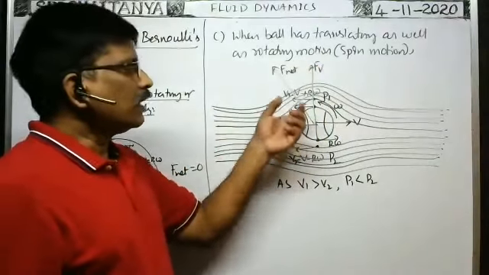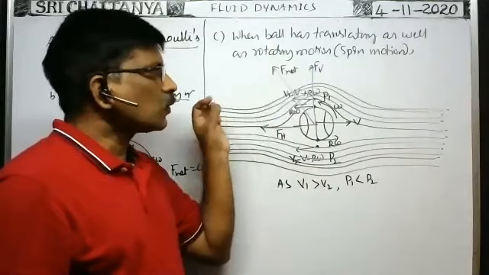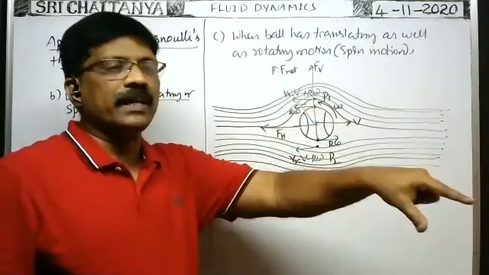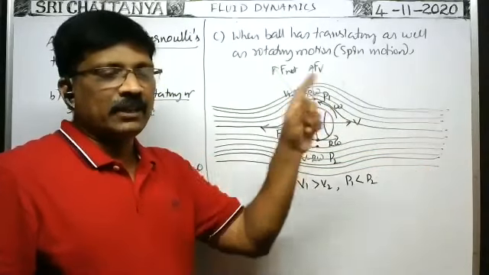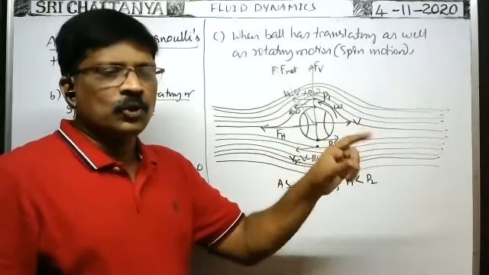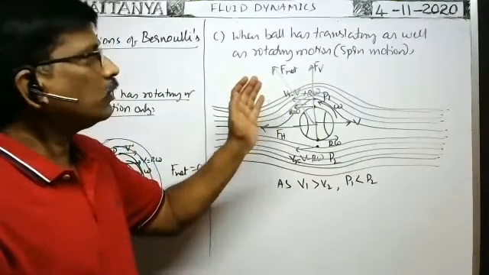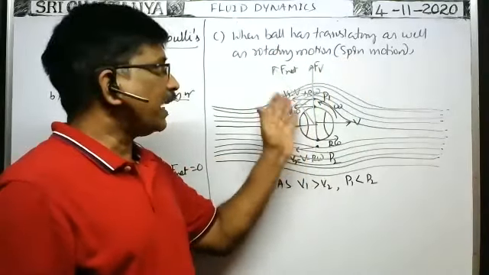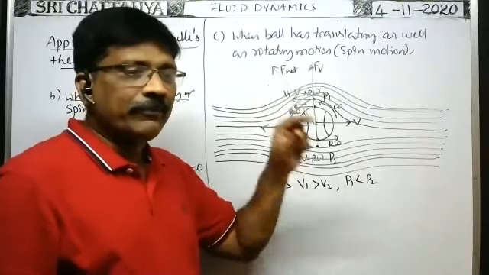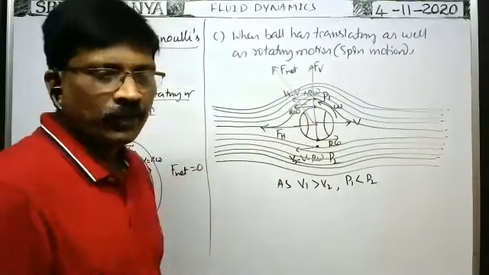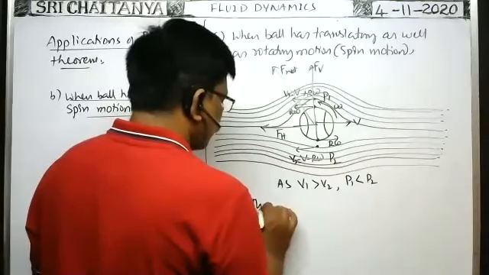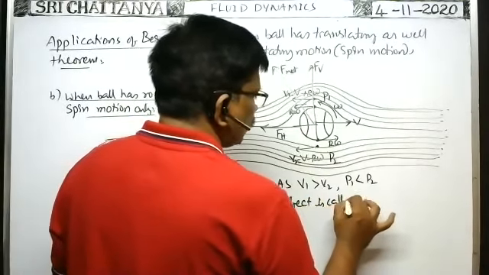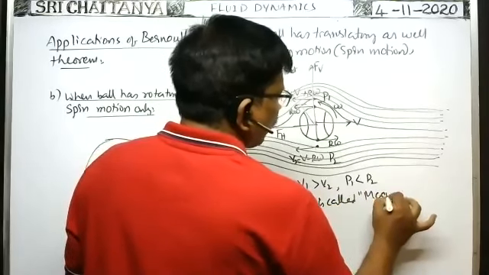So here, in case of a spin bowler, the ball is thrown into the air such that its net force is towards the wickets. Because the ball is thrown in the forward direction with spin motion, the ball experiences a net force in one direction. Such an effect is called the Magnus effect.